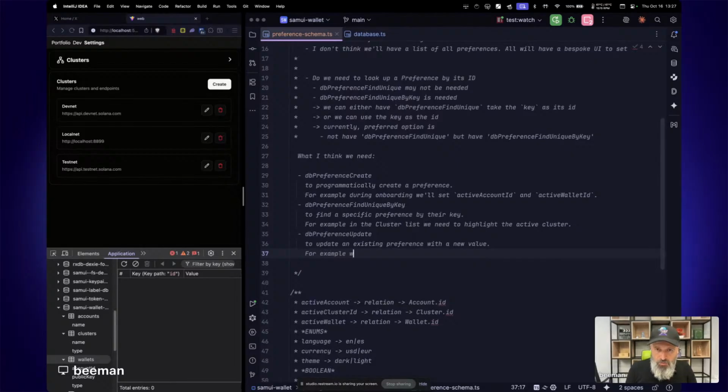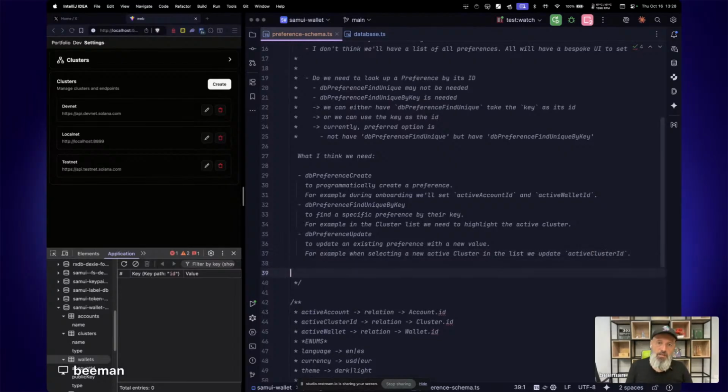For example, when selecting a new cluster in the list, we update active cluster ID. And that's it. And I think this is it. And this is what we should have. Now,